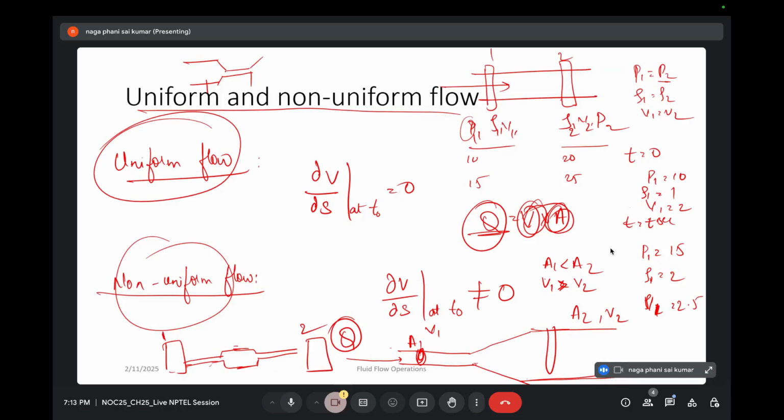Is it clear, or do I have to give one more example? Or you can also take any other example. Let's say